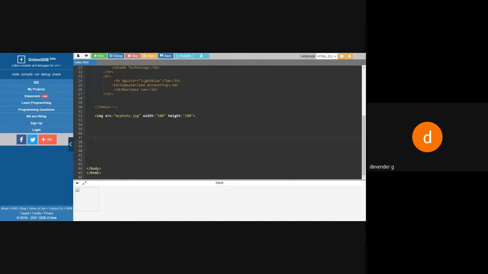So what are the attributes you are using? Image, src is nothing but the URL or the location of the object. Then how much width you want, how much height you want, you decide.